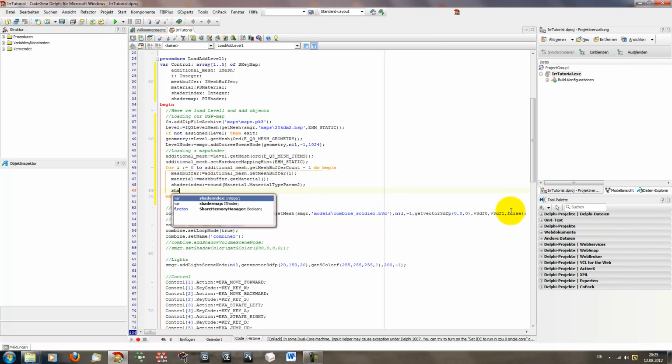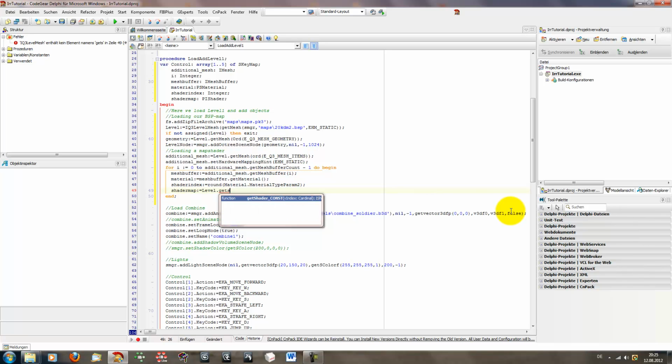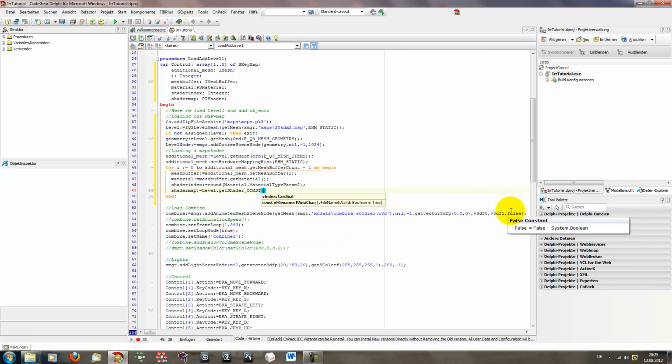The shader map is level dot get shader const shader index,